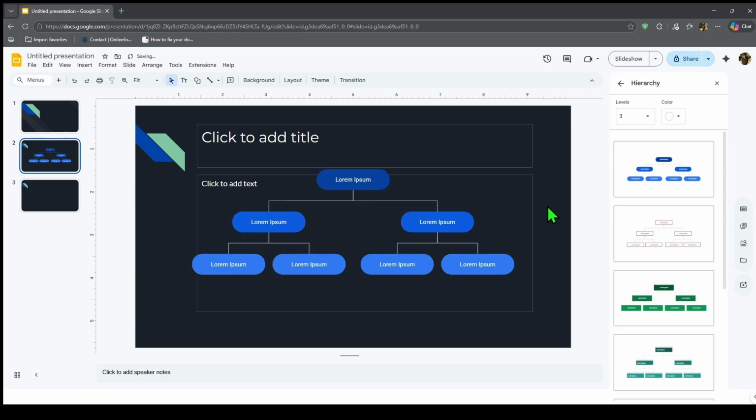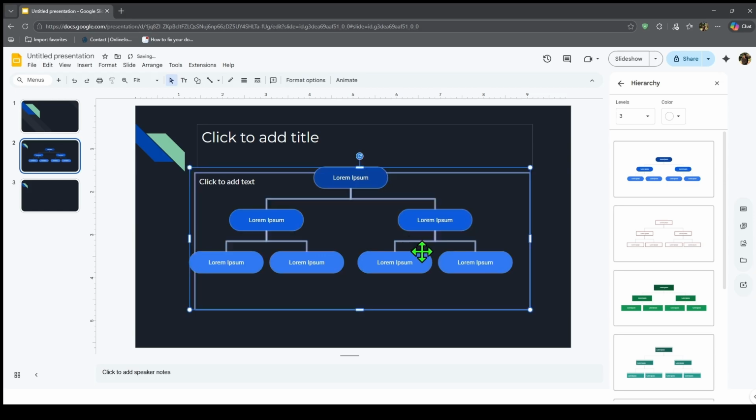Open your slide, click Insert, choose Diagram, pick the style and levels you want, add it to the slide, then edit the text and arrange it however you need. That's how to insert and edit